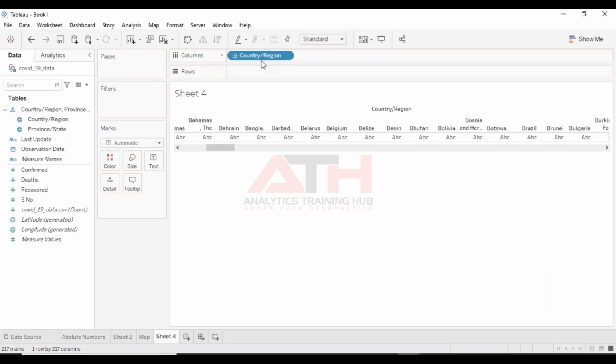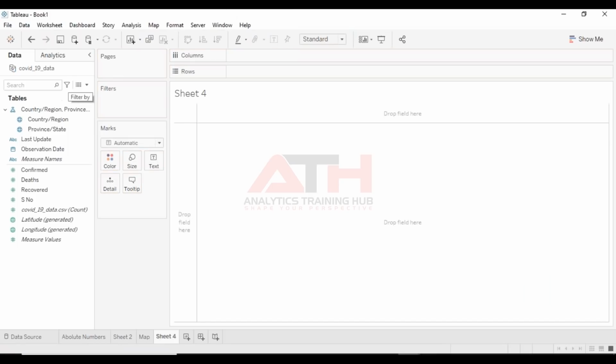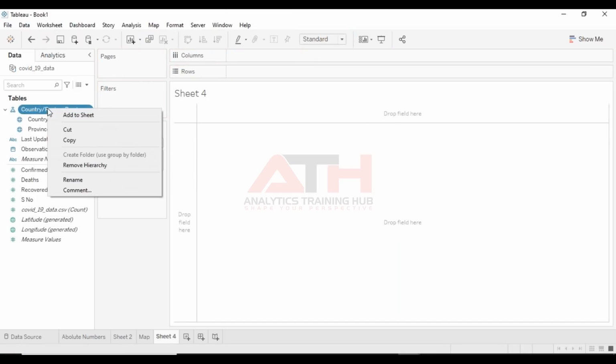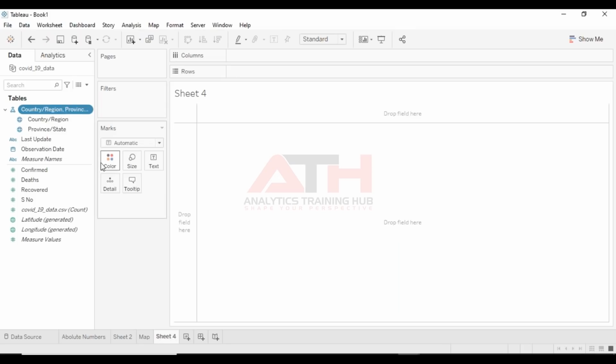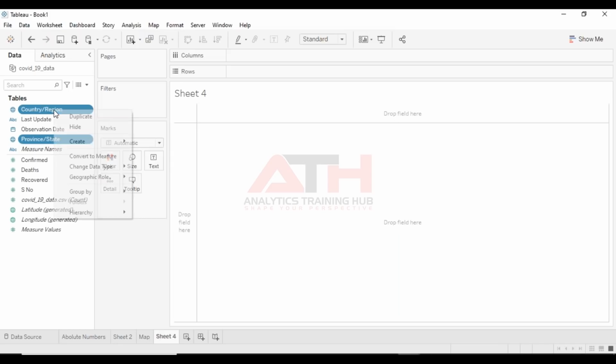So this is what hierarchies are used for. In order to remove this hierarchy, I can just remove it. For my visualization, I don't need it right now. Again, if I want to create a hierarchy, just select two of them, and I can create one hierarchy here.